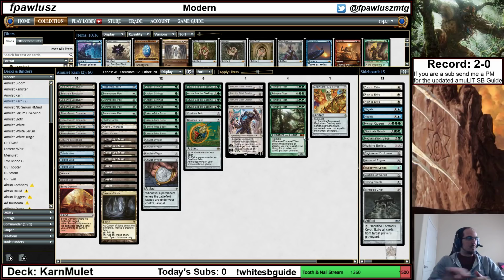What is up? So this is where we left off yesterday. We're currently 2-0 and we're going back to the white splash. Yesterday I started a stream with no splashes basically. We just had a straight up blue and green mana base. We were running Dismembers in the sideboard and we did